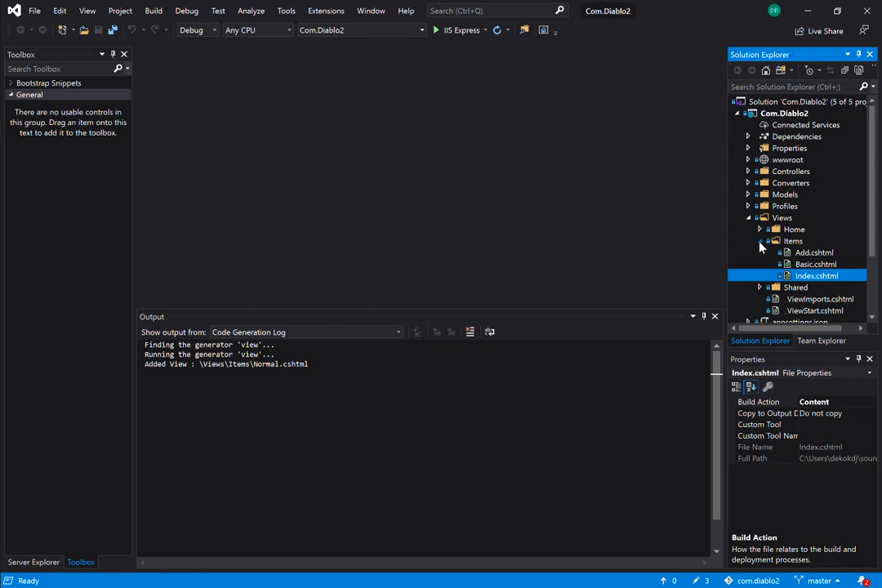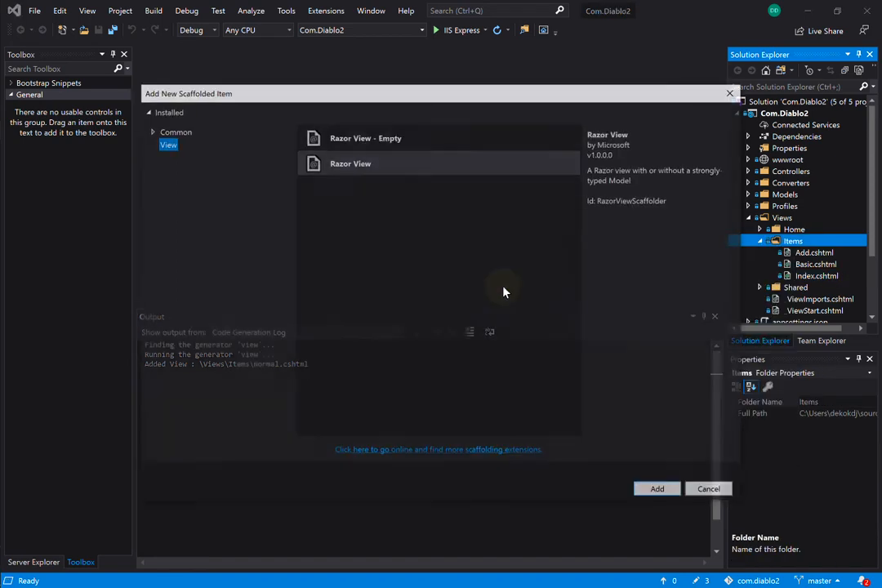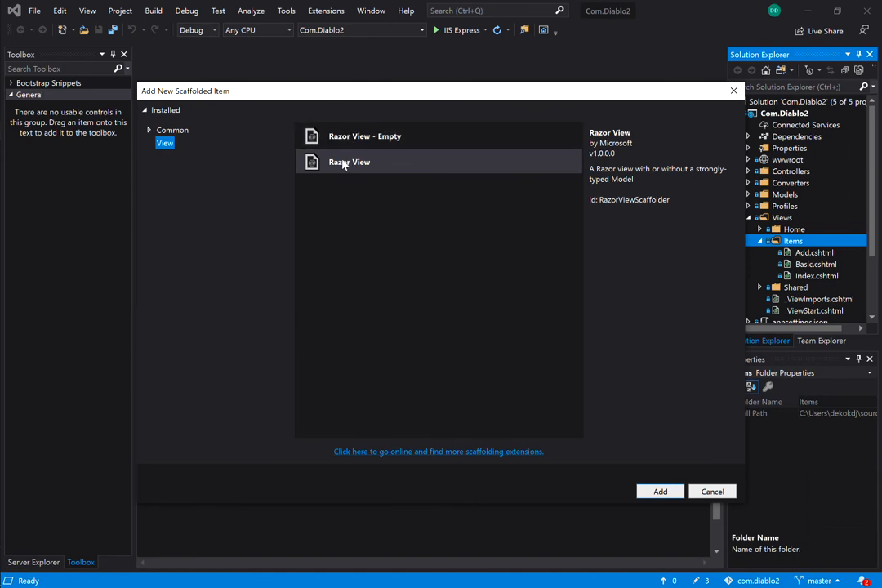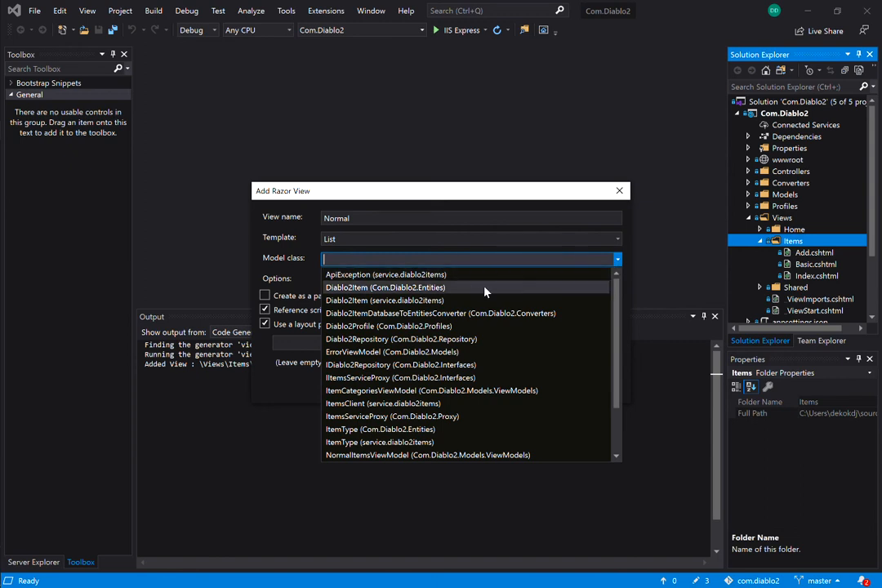And let's go ahead and add the view back in. Let's add a view. Go ahead and double click Razor View. Let's say Normal. And we're still going to end up using the view model. Let me go ahead and still put List. And the model class will just be,